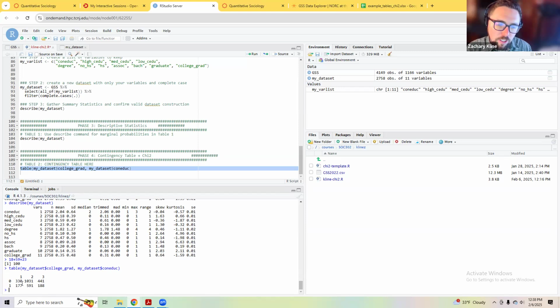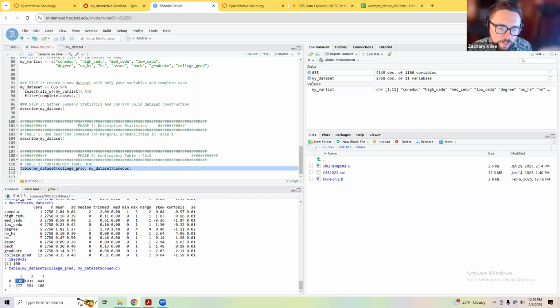So notice here, when just looking at these numbers, if you wanted to know the relationship between them both, you'll realize it can be a little tough to interpret right off the bat. For example, there are more people without a college degree who have a great deal of confidence in education than those who have a 4-year degree and a great deal of confidence in education. However, there's also just more people generally who do not have a 4-year degree. So how much of